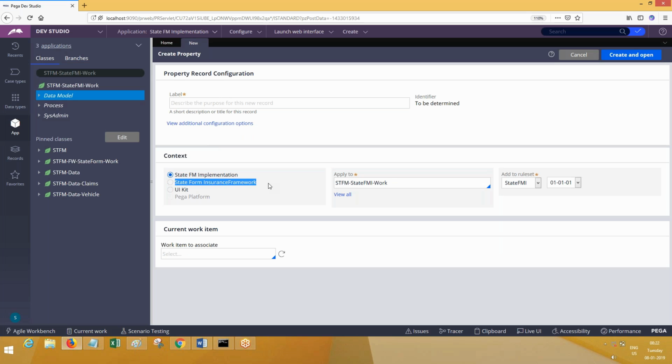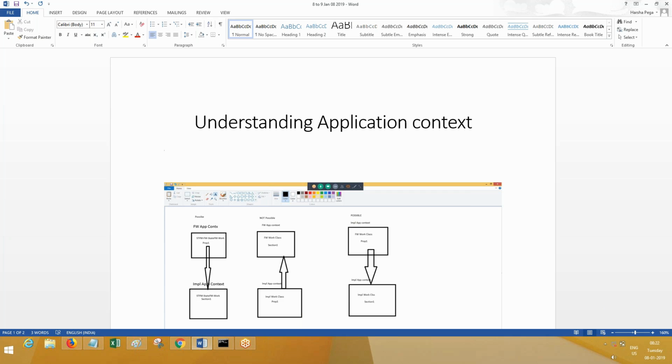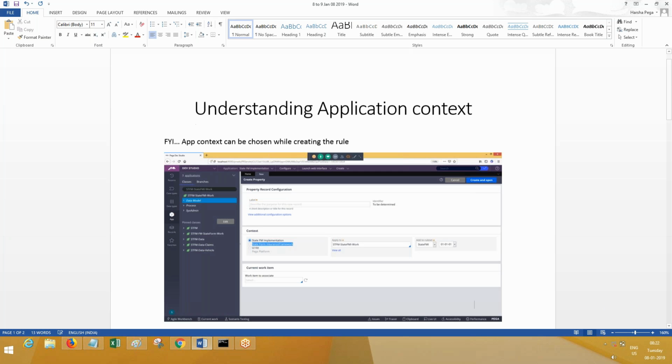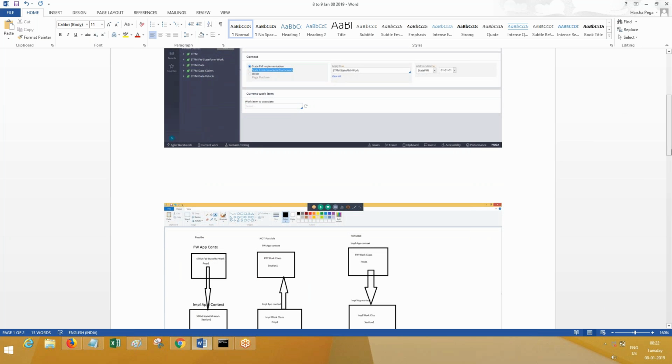These are the two contexts, right? For your information, app context can be chosen while creating the role. This is the diagrammatical representation of this one.